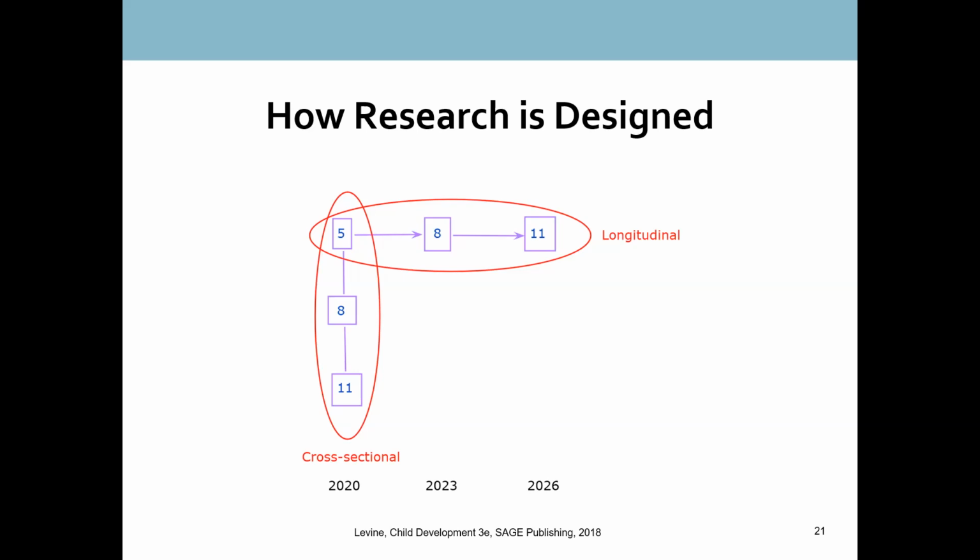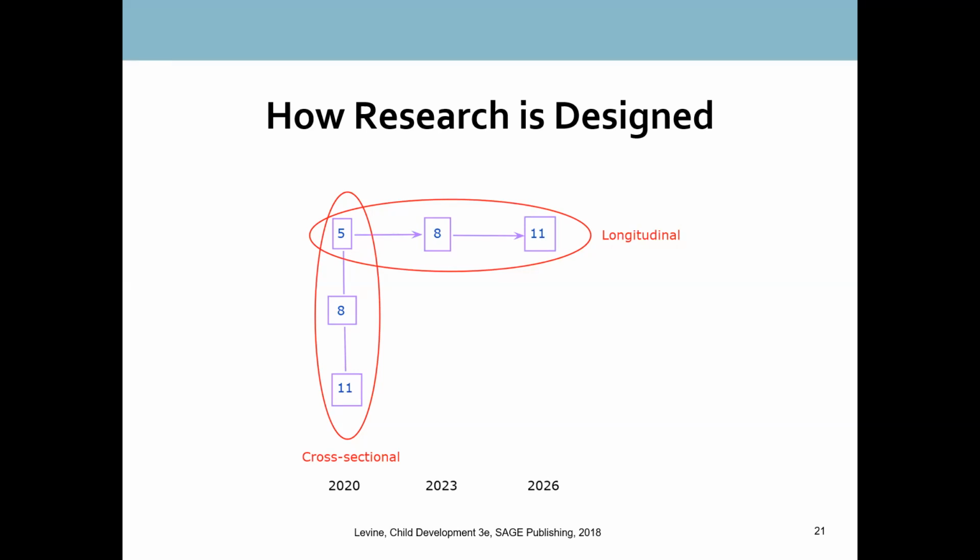I want to do it all at once and find out how the skill changes between 5 and 11. So instead of waiting 6 years, maybe all at once in 1 year, I collect 3 different groups of subjects. You can see it pictured on the left. I get a group of 5-year-olds, a group of 8-year-olds, and a group of 11-year-olds, and I compare them on